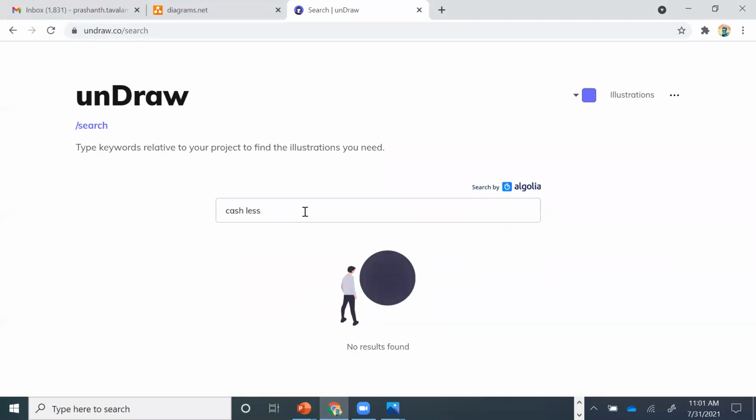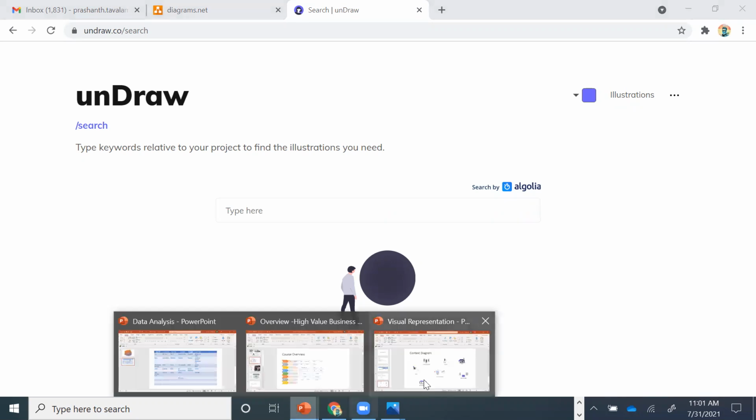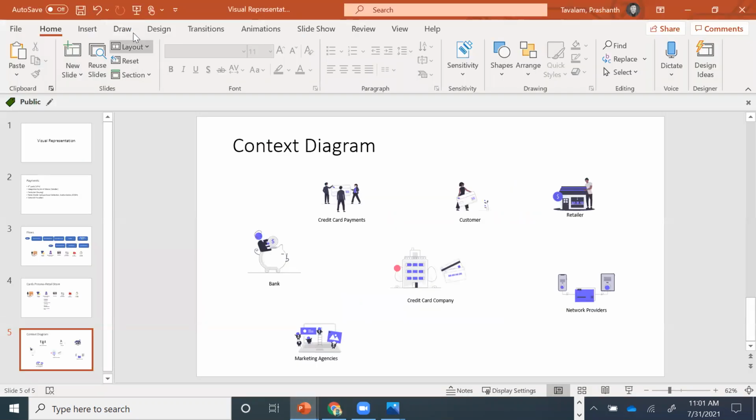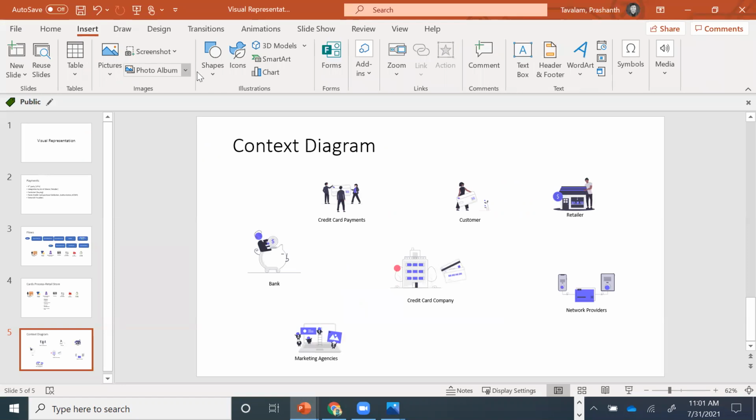So this is only one of the many sites. So you will have many such illustration sites which you can actually leverage. Okay. For the time being, what I'm going to do, I'm going to do this and connect all of this.